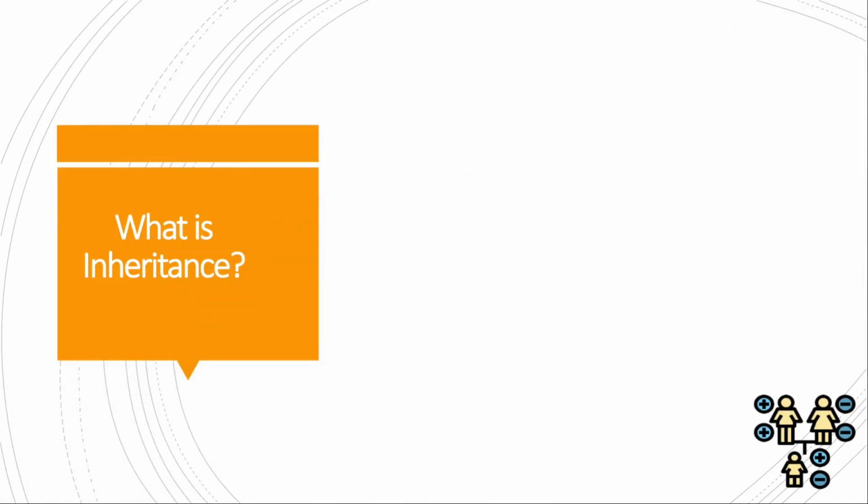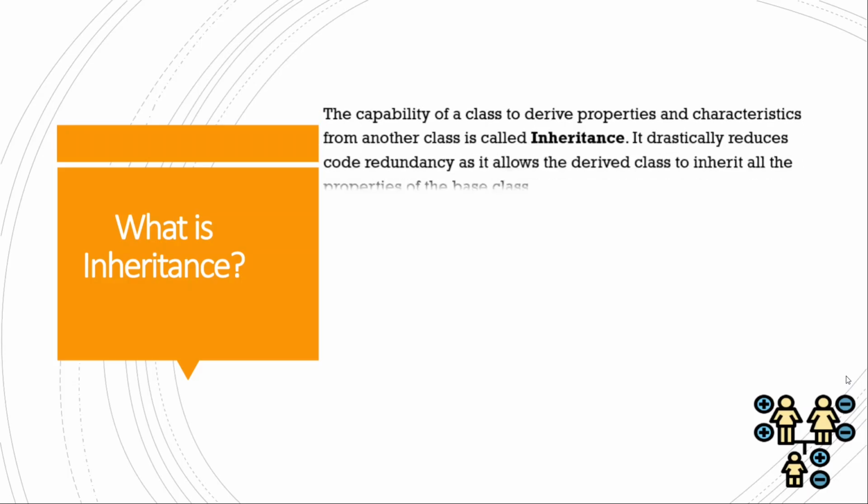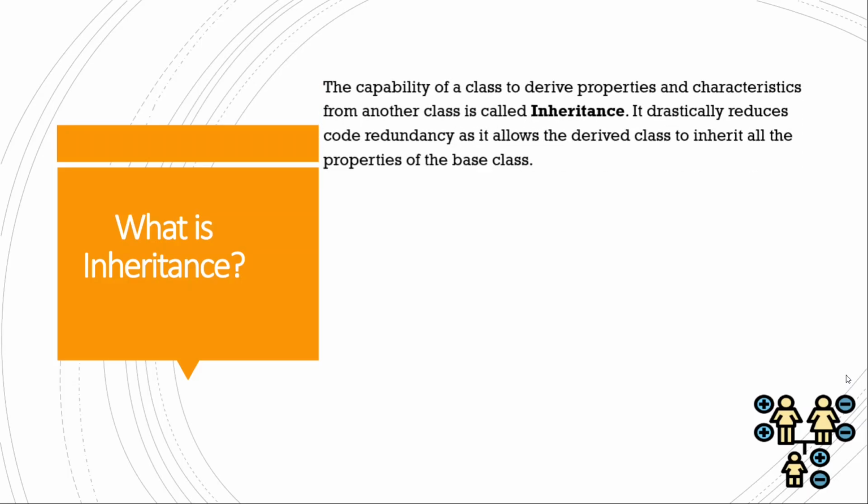Inheritance is one of the most important concepts in object-oriented programming. It really deals with the capability of a class to derive properties and characteristics from another class. It drastically reduces code redundancy as it allows us to use the derived class to inherit all the properties